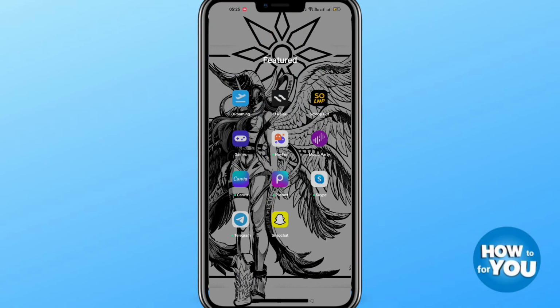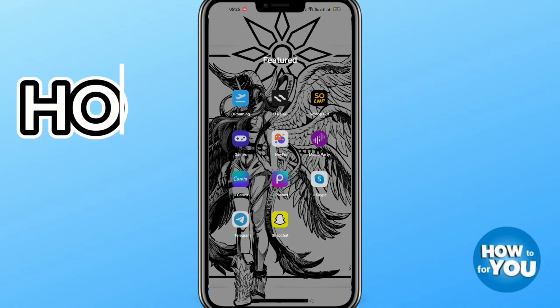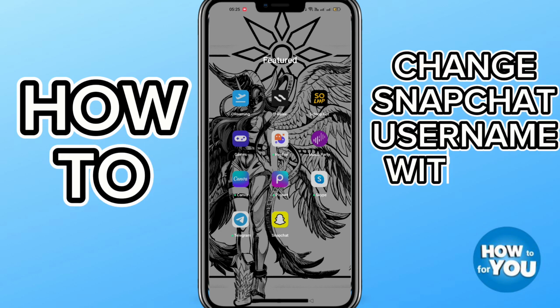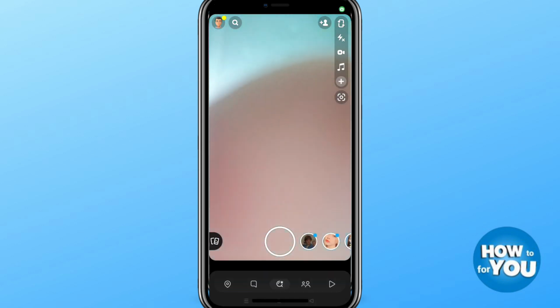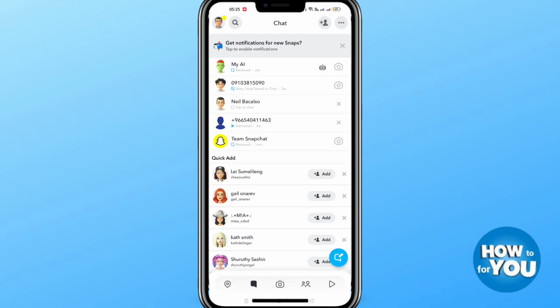Guys, for today's video, I will show you how to change Snapchat username without waiting 1 year. So let's get started. First, open the Snapchat app on your mobile phone, and then on the upper left side,